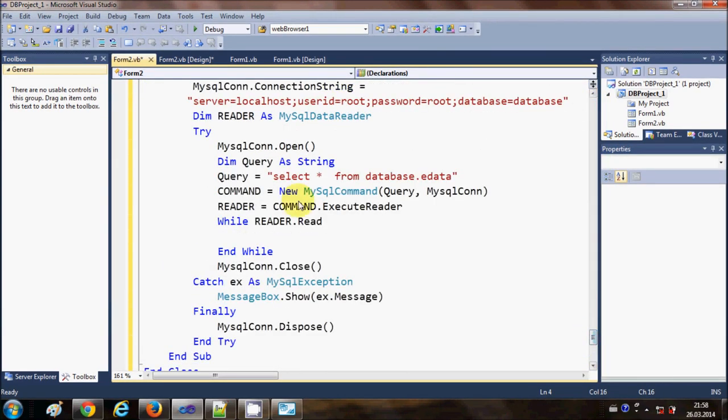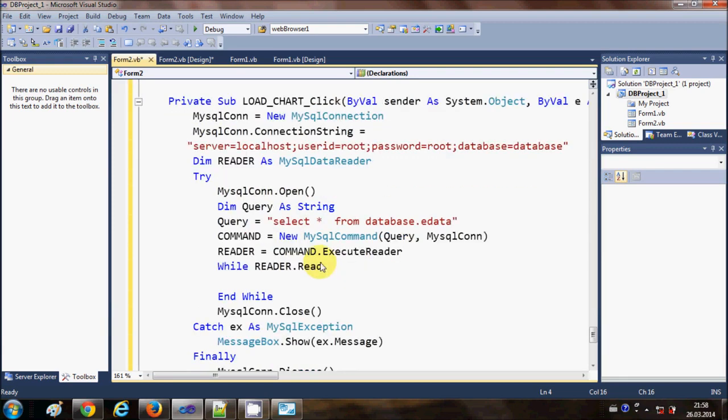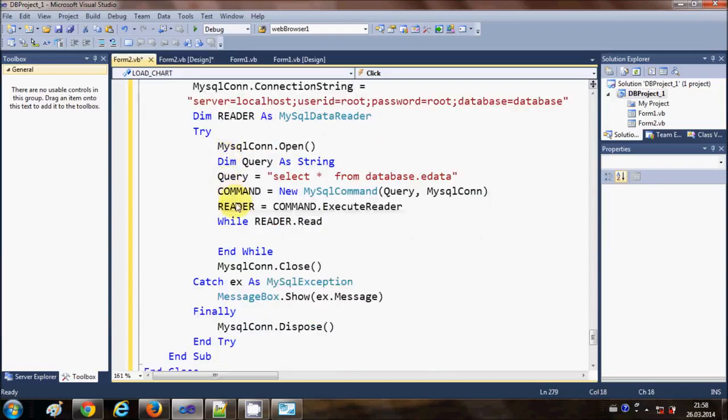And then I'm writing command is equal to new MySQL command, and I'm passing my query here as a first argument, and as a second argument I'm passing MySQL connection variable, which is this one, right? And then I say a reader which will read my data which is coming from the database. So I'll say reader is equal to command dot execute reader,